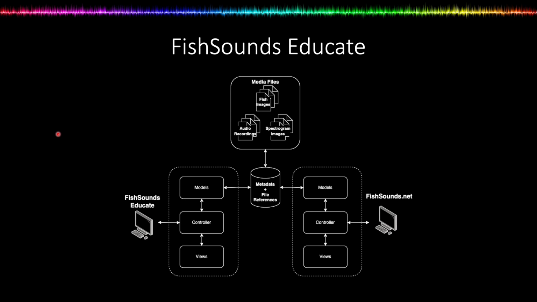All right, and then the next stage we know about so far, the next thing to highlight is we've also gone with a model that keeps the data and files separate from the delivery system, the website delivery. So the same data set is being run through one set of models and controllers and views to produce FishSounds.net, but the same data set will be run through a kind of different set of models and controllers and views